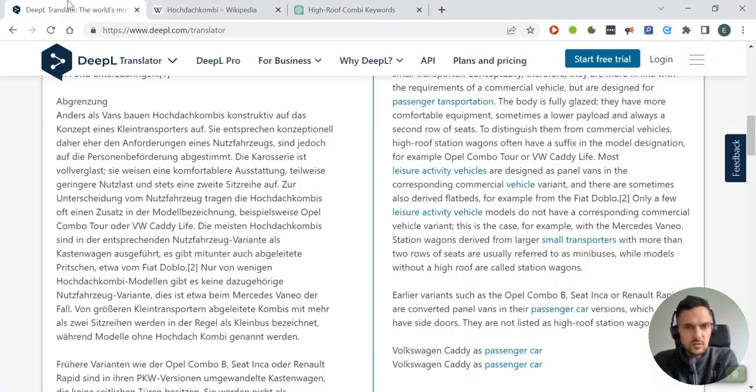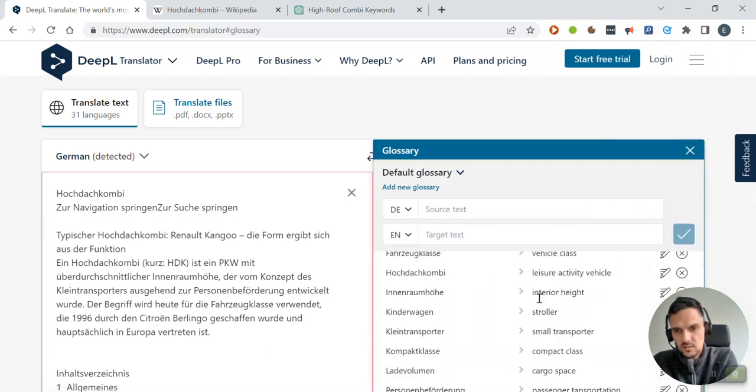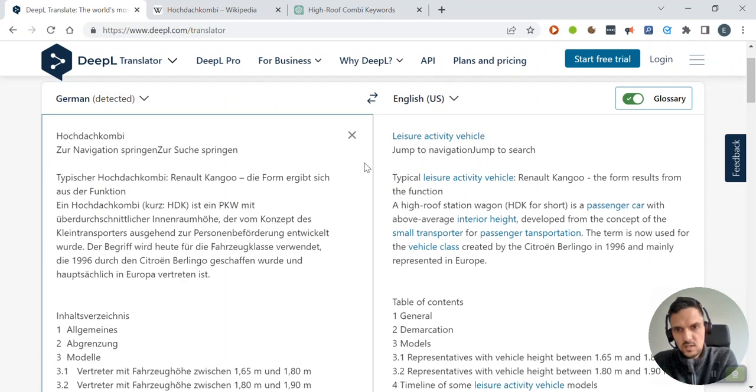Then I go into DeepL. If I have the advanced, like the Pro version, I can upload the whole CSV file. In my case, I don't, so I just had to like manually enter these keywords, or at least a couple of them. And then DeepL will, when I paste my source text in German, will then use the terminology that I prefer, and that is going to save me a lot of post-editing effort, at least in my test case,